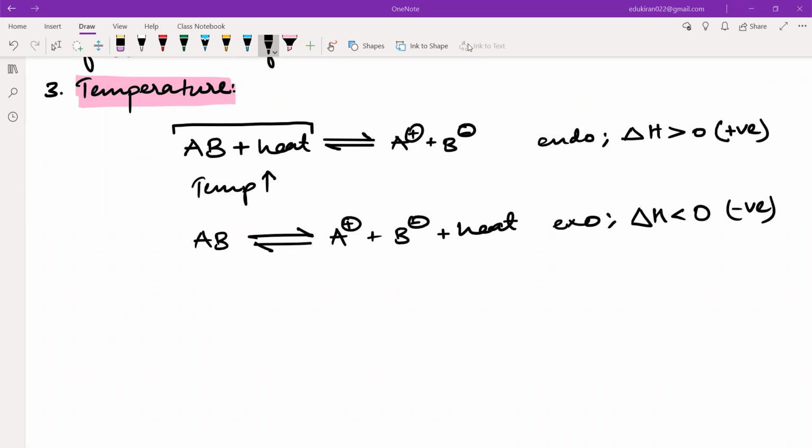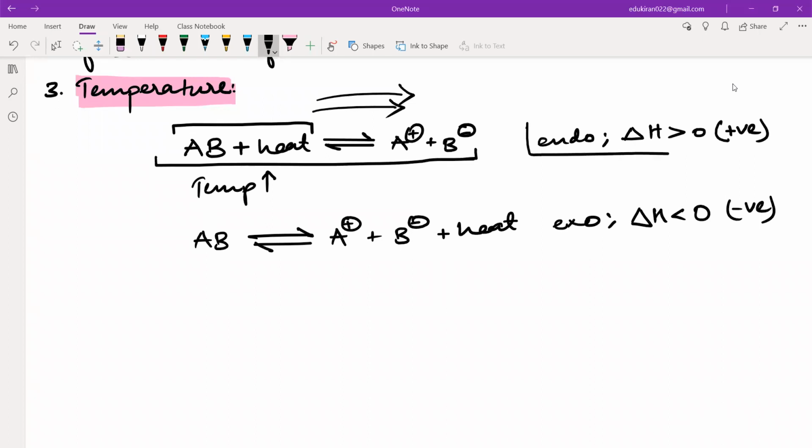So if I'm increasing the temperature, I'm increasing the amount of reactant, and that is why more and more products will be formed. The equilibrium will shift in the forward direction. Is this clear? Yes or no? Can you repeat that again? No, I taught you equilibrium, didn't I, Mohammad Umar? Yes, sir. So I will show you this exact thing, what happens in an endothermic process when temperature is increased.